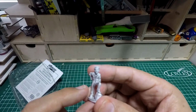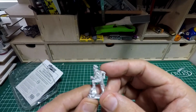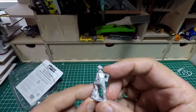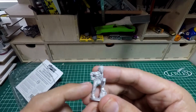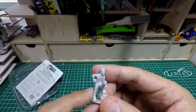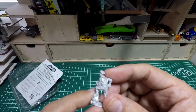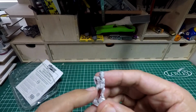and he's got his beret there, and he's quite clearly, you know, in an at ease pose. So it's a nice little character model to use. And again, even if it doesn't hit the battlefield, it'll definitely be used as a nice display model to go